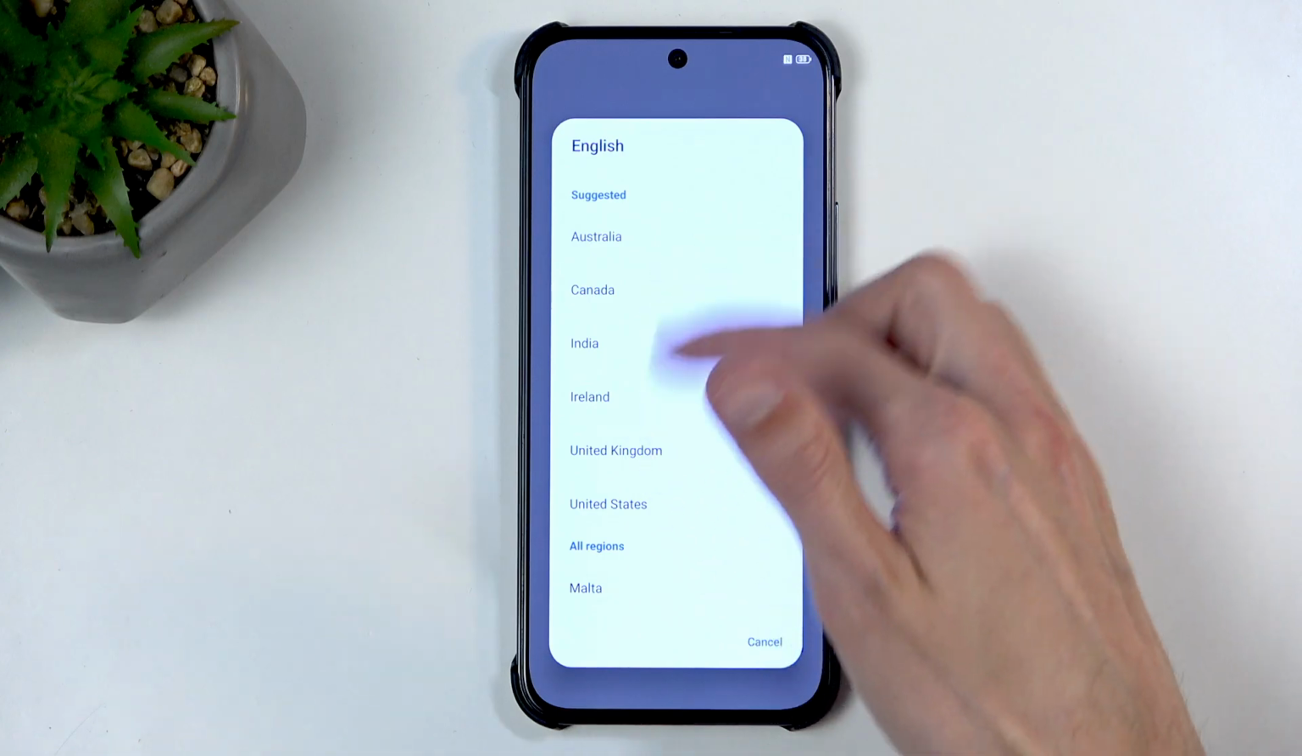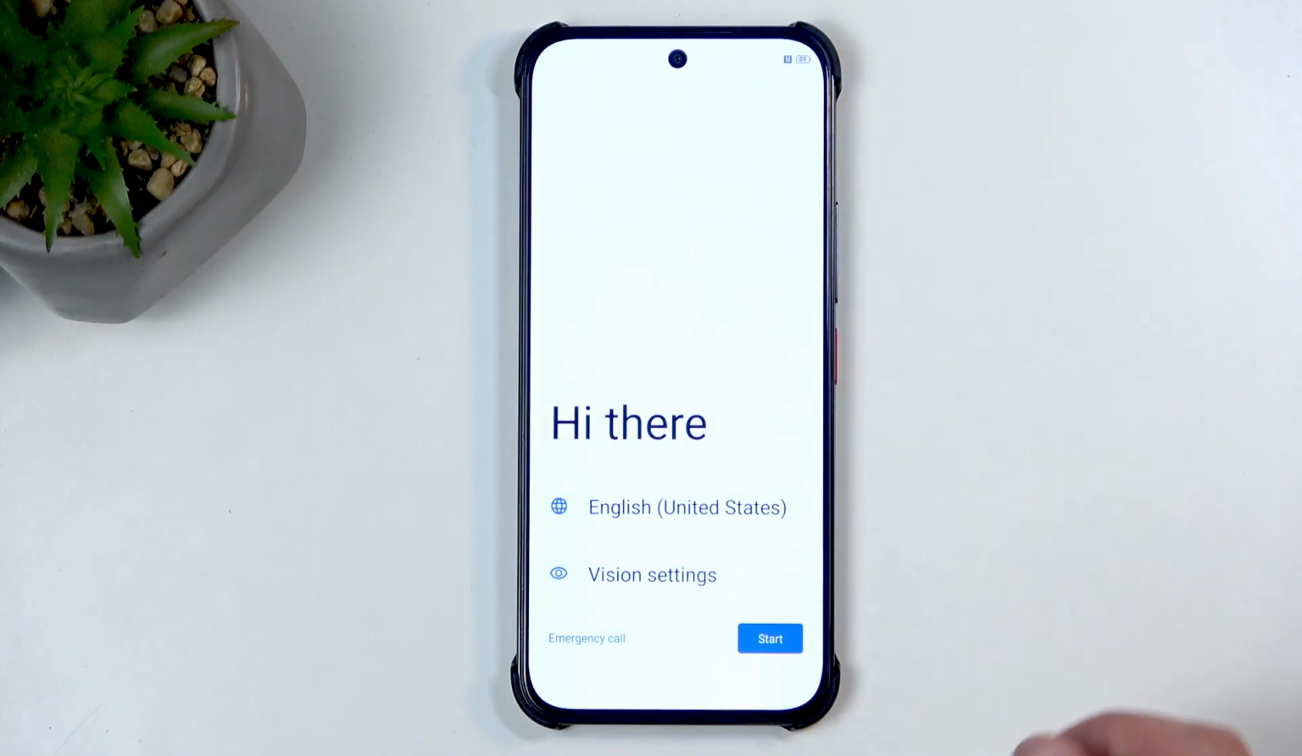and great, none of these are good. So I'm just going to keep it as it is, even though US isn't,